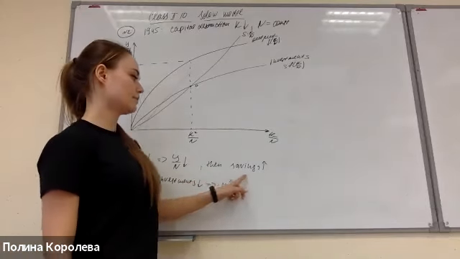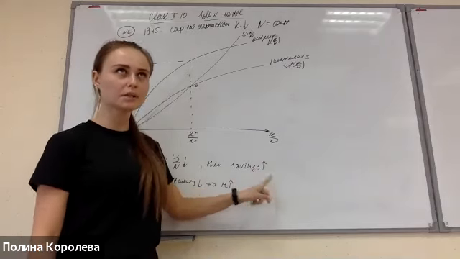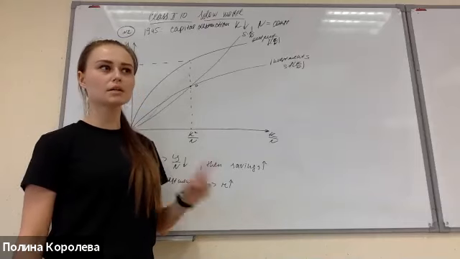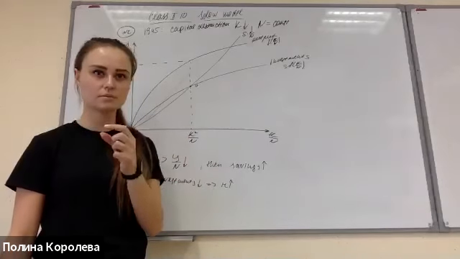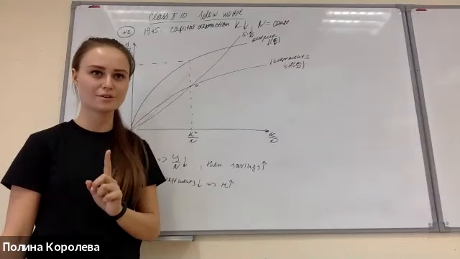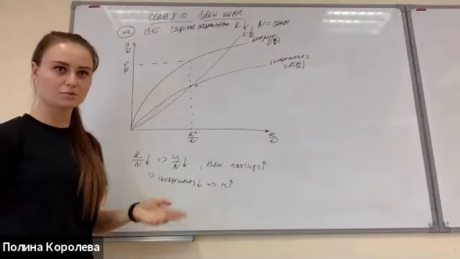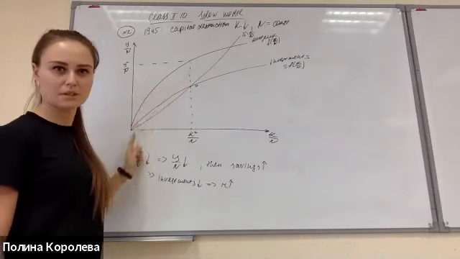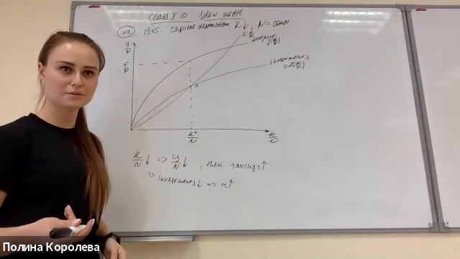I agree that savings will increase after the shock. But I do not agree that the saving rate will change, because we do not have such information about the saving rate. Saving rate is a number between 0 and 1. Yes, saving rate will not change, but the amount of savings will go up. That's true. We will move along the curve of savings. There will be no shift, but we'll move along. Did you get it? Yeah, I mixed up these two terms. Okay, so